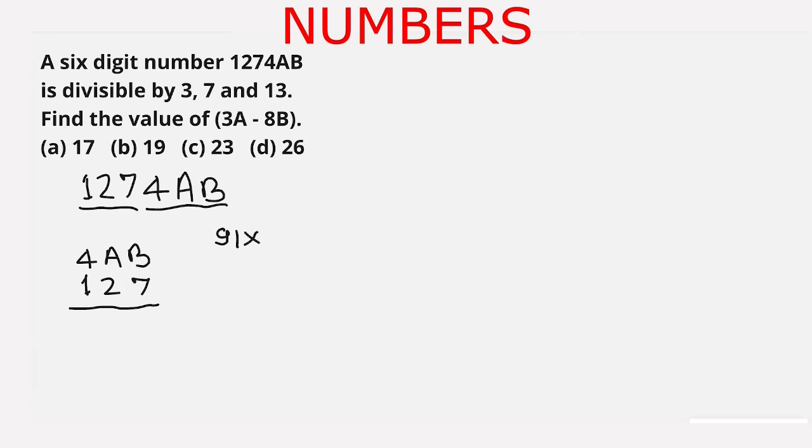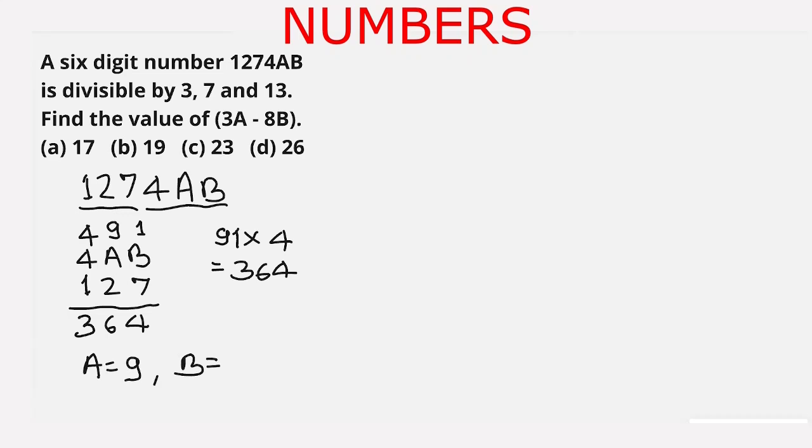So 91 times 4 is equal to 364, and if this is that difference, then we write 364 and we add 364 to 127. 7 plus 4 is 11. We write 1. We carry 1. 6 plus 1 is 7, plus 2 is 9. 3 plus 1 is 4. From here we get the value of A equal to 9 and B equal to 1. And our number becomes